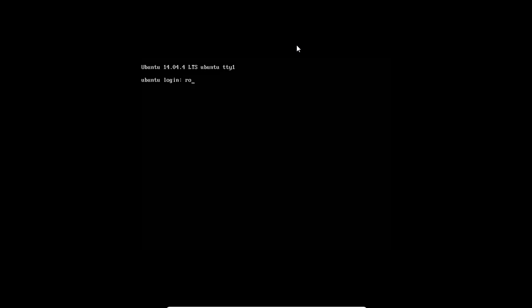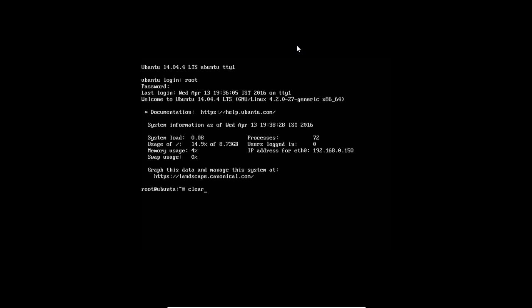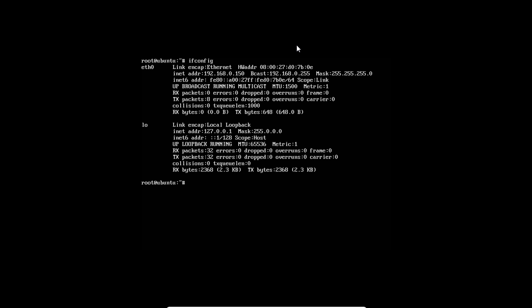Yes, so you can see that it has booted fast. So root, password, and now if I type this command ifconfig, you can find that 192.168.0.150 is there. So this completes 50% of this video, in which we have first of all shown what is